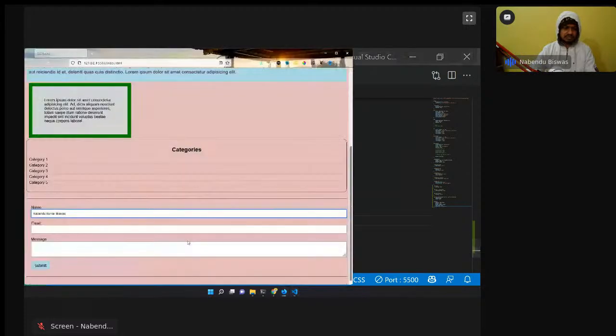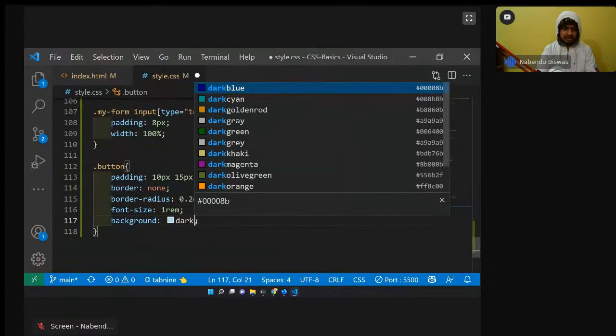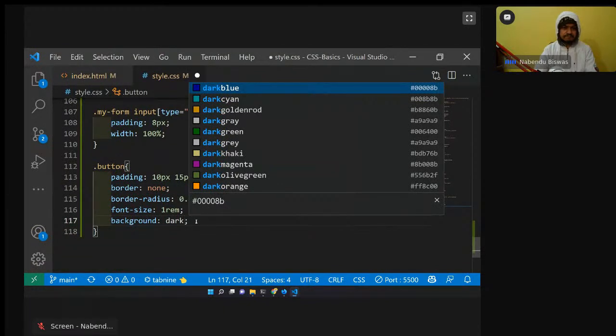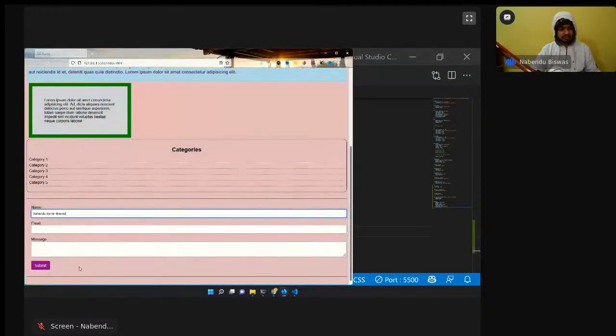How is light blue looking? Oh, it should be dark. So dark magenta is good, and so the color should be white, because on a dark background the color should be white always. So it is now looking much better. Okay, and